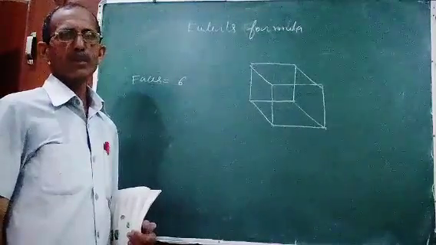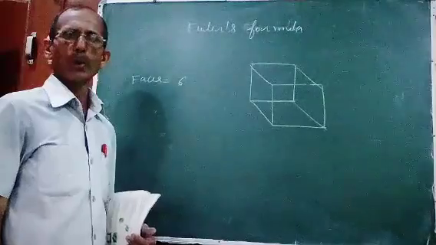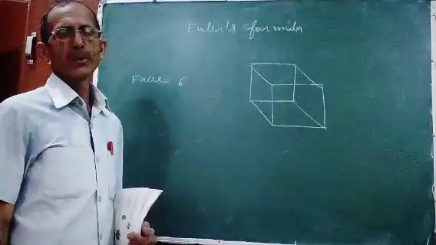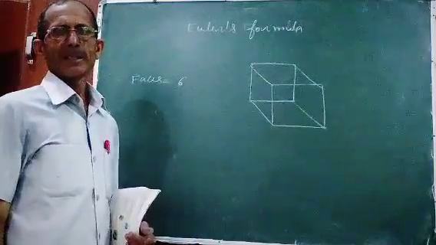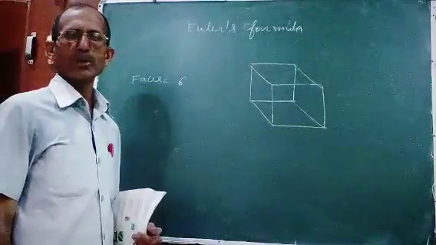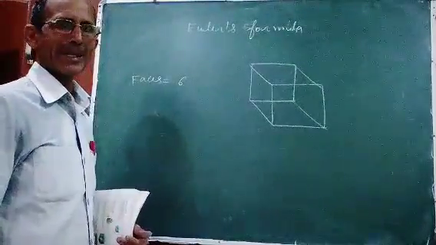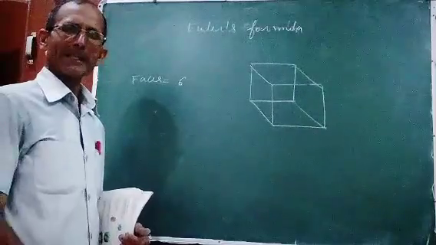The book you are studying for maths is an example of a cuboid. A brick is an example of a cuboid, a box may also be a cube or cuboid, and the chalk box is also an example of a cuboid. So these are the examples. For understanding, you can understand easily by taking your book.